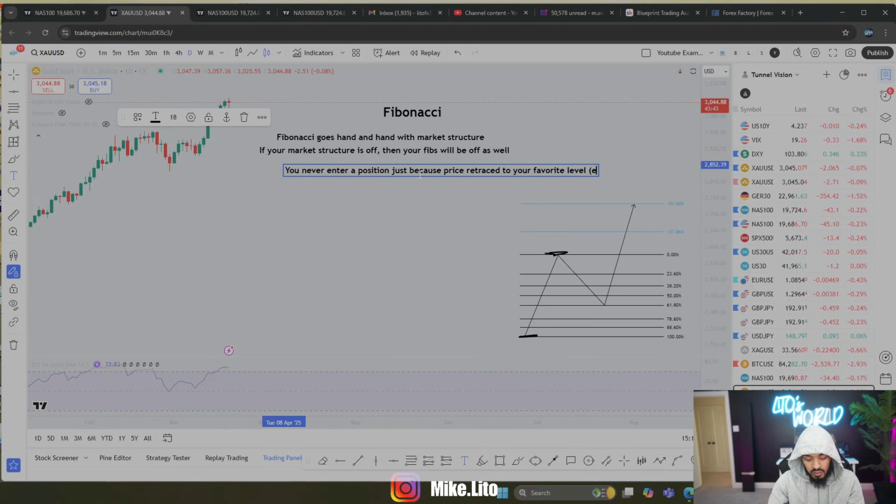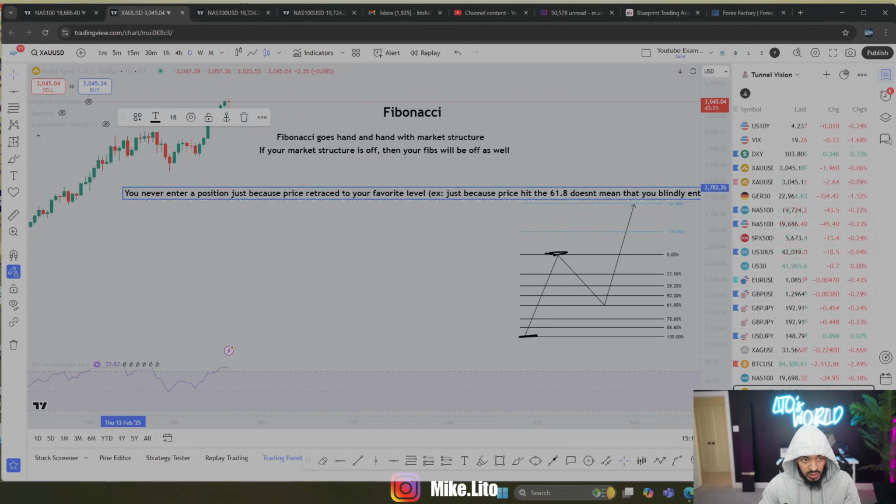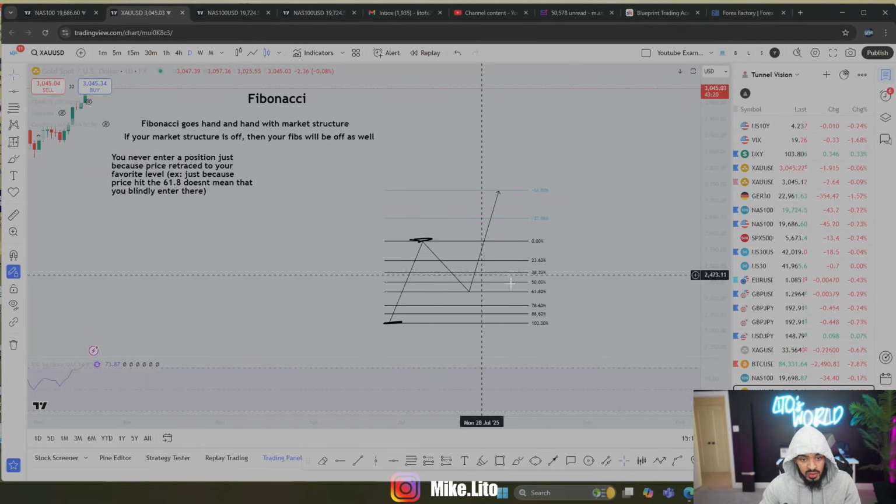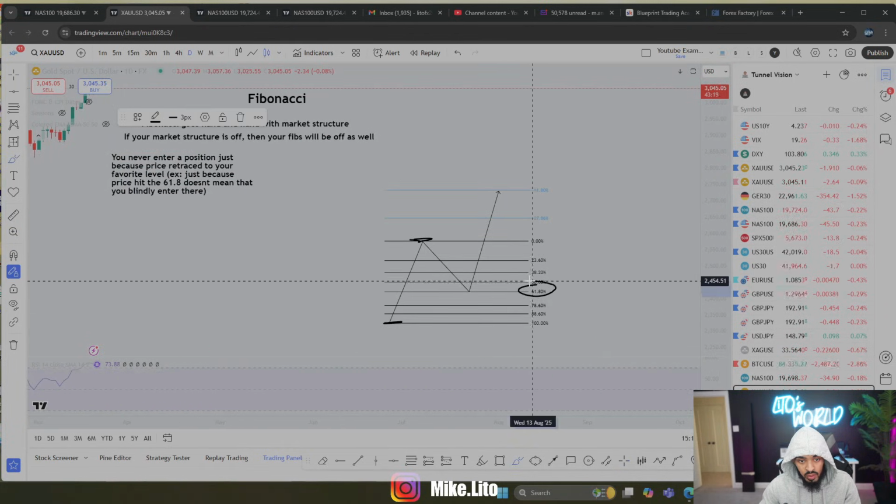For example, just because price hit the 61.8 doesn't mean that you blindly enter there. That, ladies and gents, is what you call gambling. If you just enter because price hit 61.8,